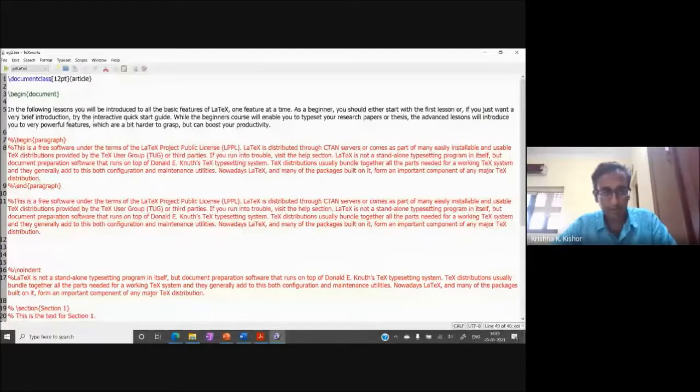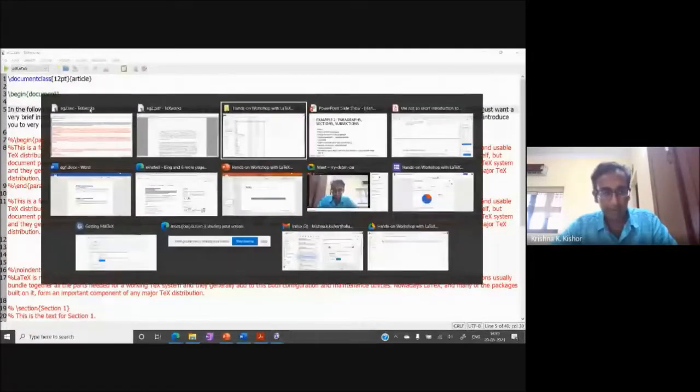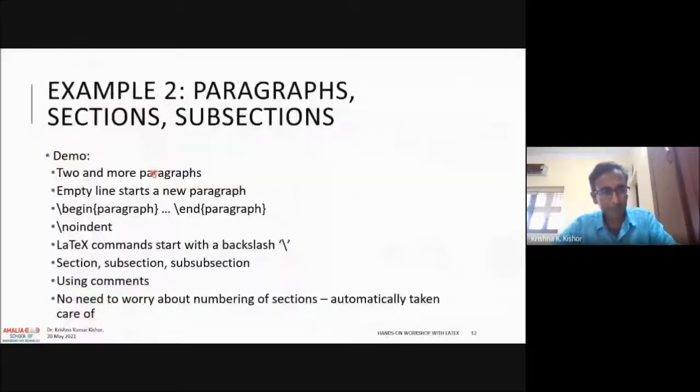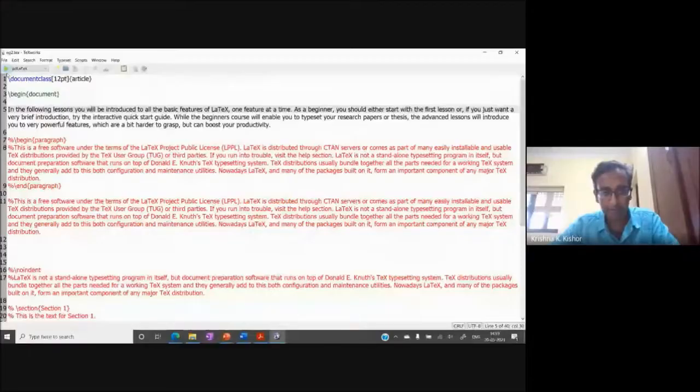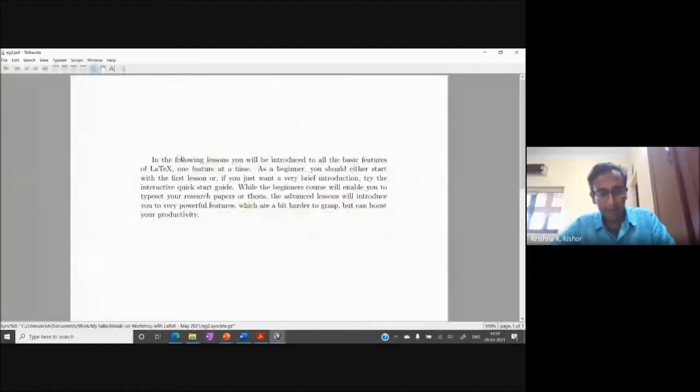Right now, as is, let's see what the output looks like. What you have is a paragraph, 2 or more paragraphs. Let's just see what the default output looks like. I'm going to compile this, and this is what I get. It's a standard paragraph. Now I already talked about how an empty line starts a new paragraph.